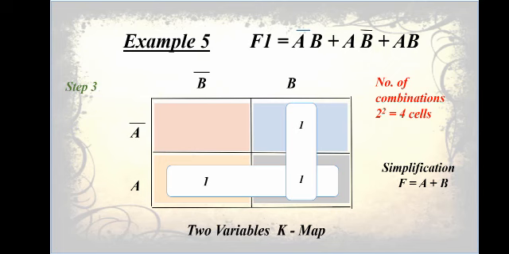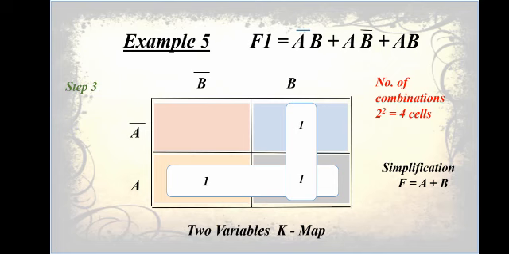Now you have to see which row it is lying in. It is lying in row number A, so in simplification form we will write F is equal to A. Again I am telling you that normal and complemented form will be eliminated. Like in the horizontal form, 1 and 1 are coming in B and B complement. B and B complement are normal and complemented form, so it will be eliminated. And it is coming in the row A, so we will write A, and we have to write the simplified expression in the form of a sum. We have to write the addition sign. So after A we will write a plus sign.